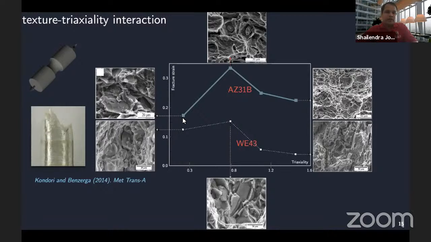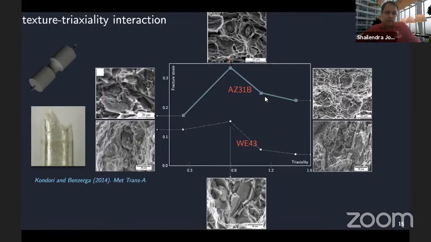And what they found was that depending upon the stress triaxiality, one sees quite different forensics of fracture. At the low levels of triaxiality, they reported some type of quasi-ductile or quasi-brittle type fracture surfaces, and in fact they observed shear localization, which is quite unheard of in most ductile materials under axisymmetric loading conditions. But then at a moderate range of triaxiality levels, the ductility actually goes up. The fracture strain is actually larger compared to the uniaxial cases. And then as you go along the scale of higher triaxiality, the fracture strain drops like conventional materials.